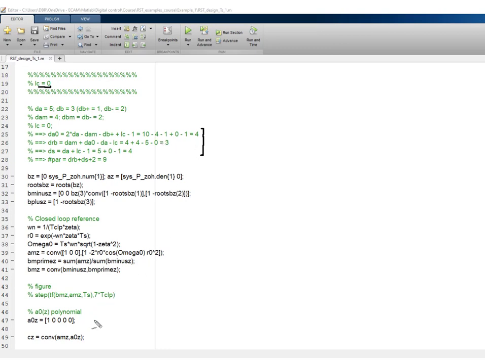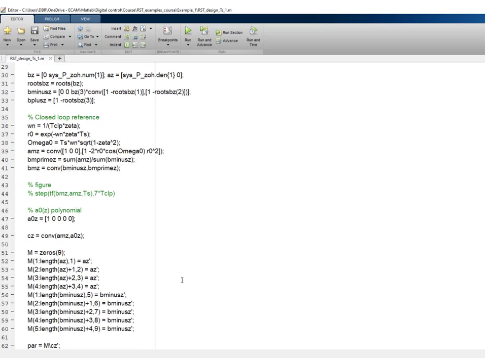You can see here that we decide to put all the zeros at the origin for the observer polynomial, but clearly here you should also take other types of design, especially if you're working on a real process. You can play with this observer polynomial to test robustness. So here we see that we have 9 parameters, right? So what we have to do now is construct